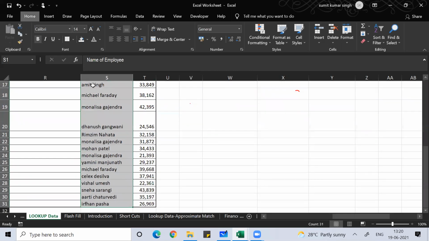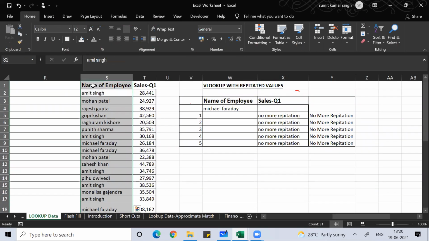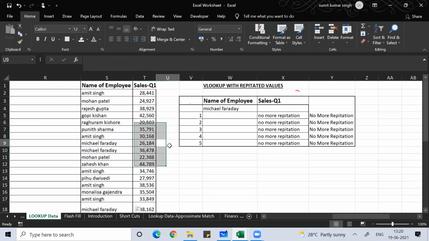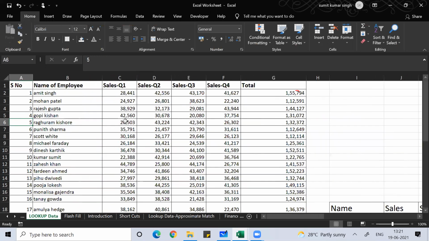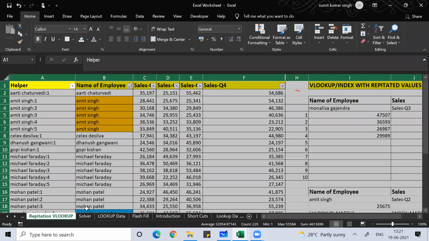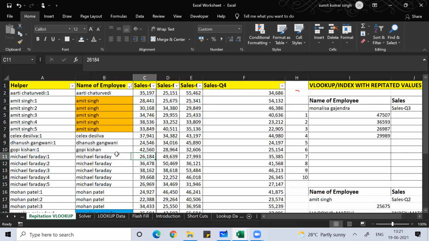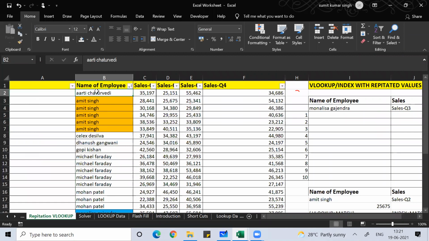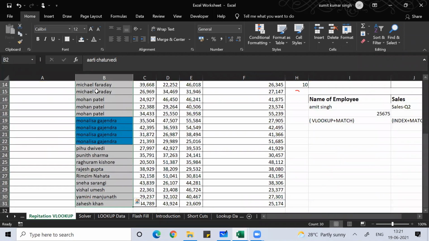Alt H B A, Alt H B T. Just allow me to erase all formatting.